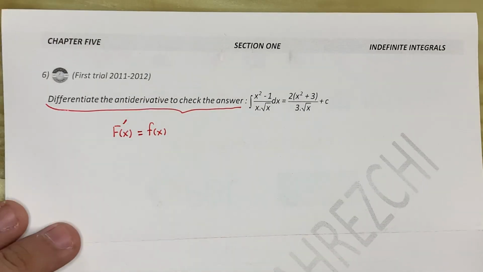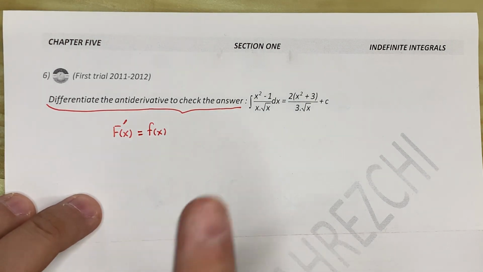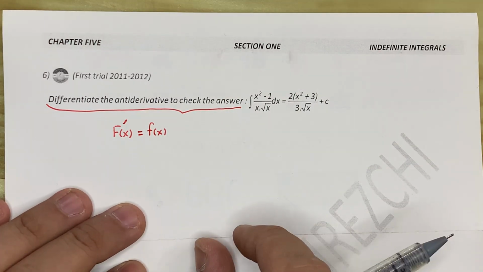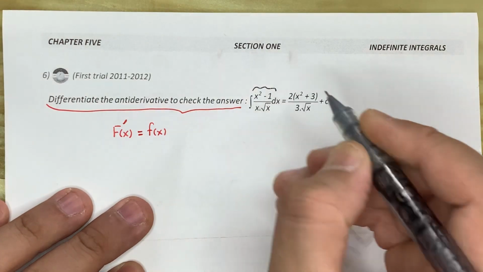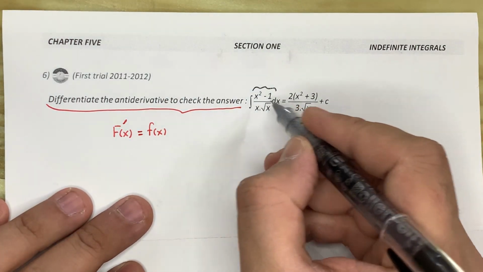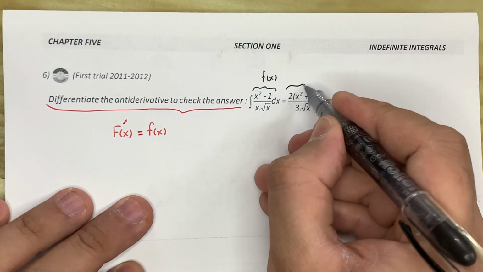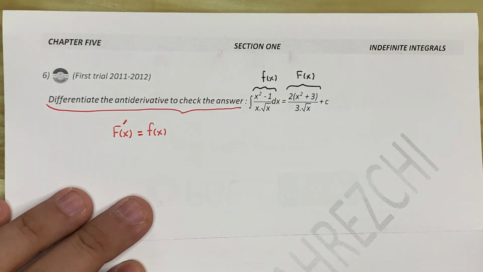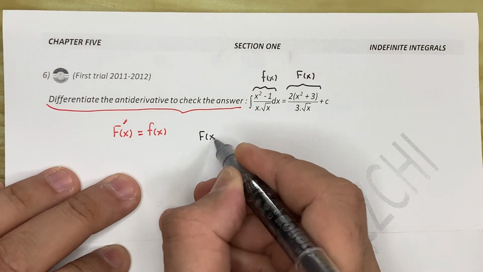x or not. Okay, students, at the beginning of this chapter I said this one is very important, and now the most important thing here: when you have such an equation, you must know which one is f small and which one is f capital. If you remember from the explanations, the function that's between the integral and the x is the f small of x, and the result is the antiderivative f capital. And here we want to show that the derivative of the antiderivative, first of all let me write